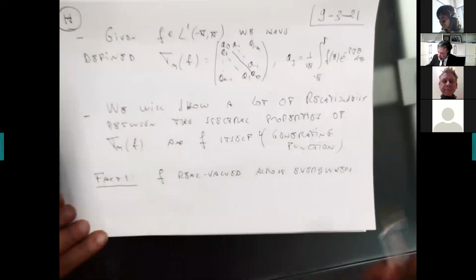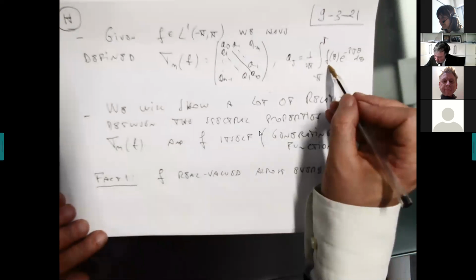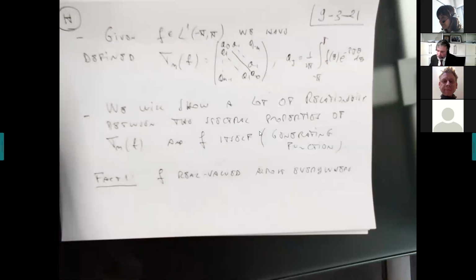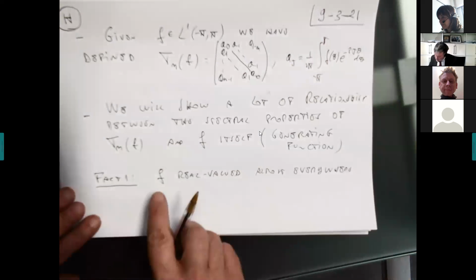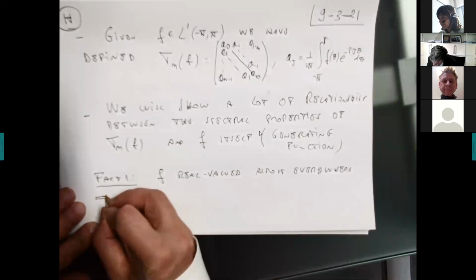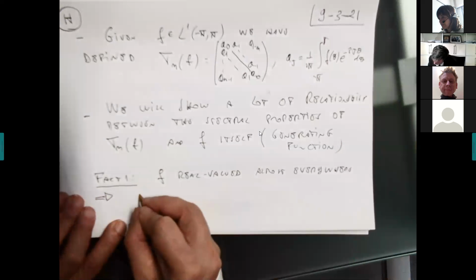If f is complex valued on a zero measure set, this does not affect the computation of a_j. So f real valued almost everywhere, then